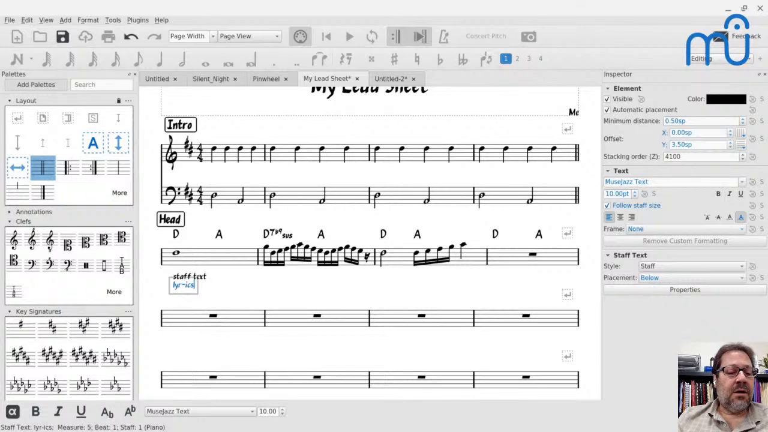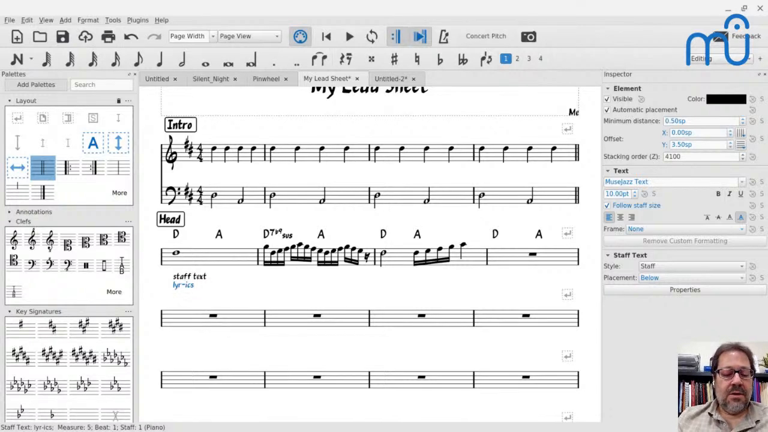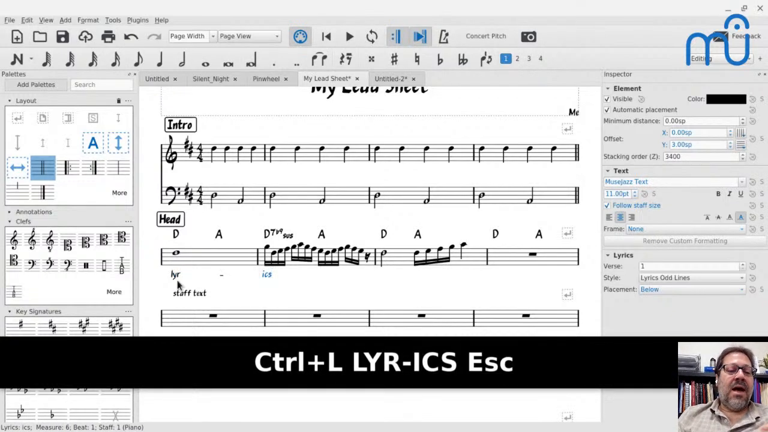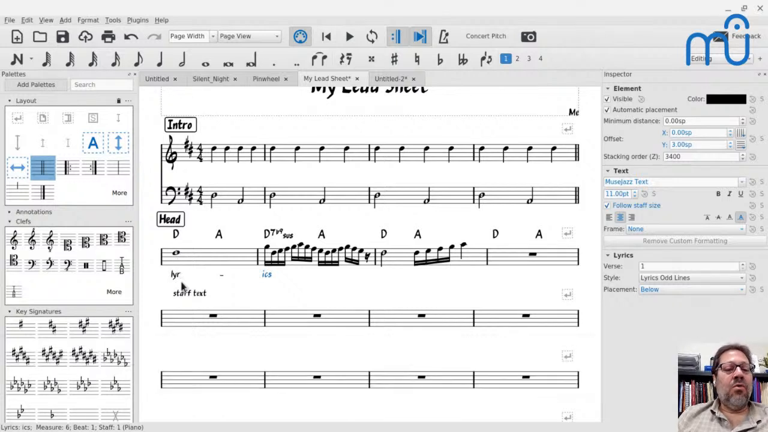Lyrics. I guess I entered staff text there. Let me try again with lyrics. Control-L. Lyrics. So now we've got our staff text below the lyrics, and maybe that's where you want it, or maybe